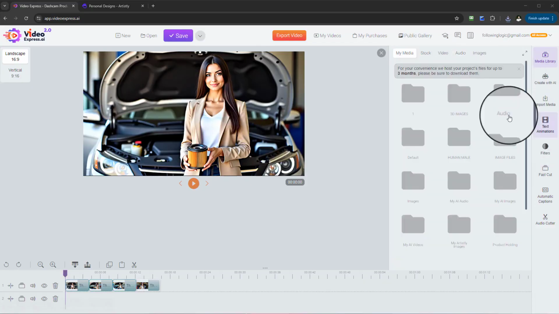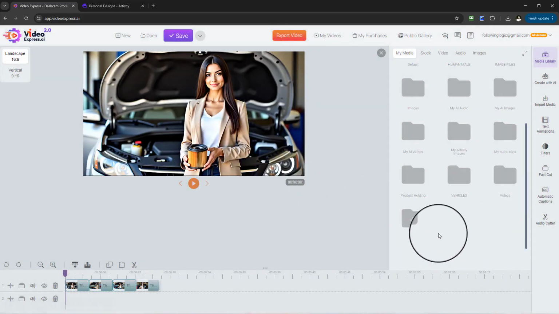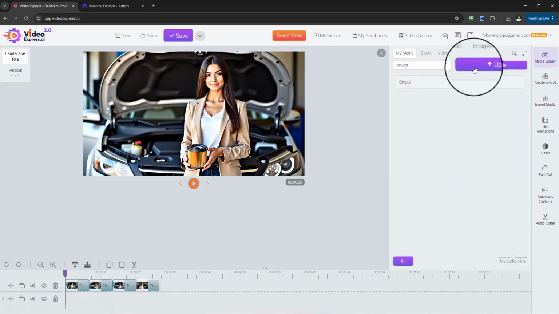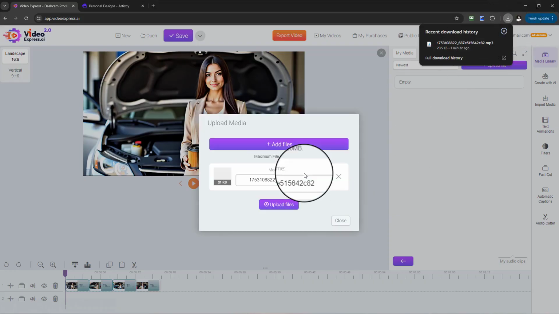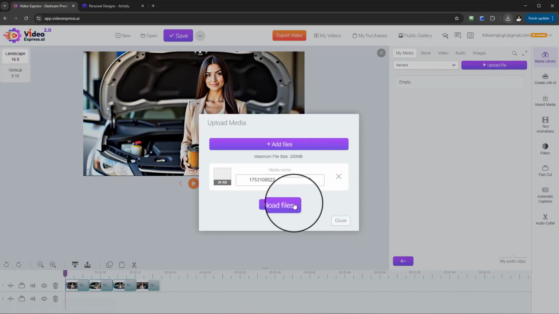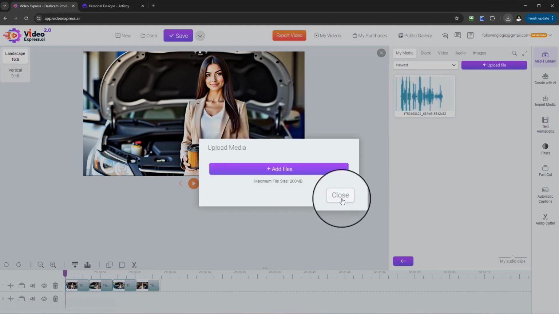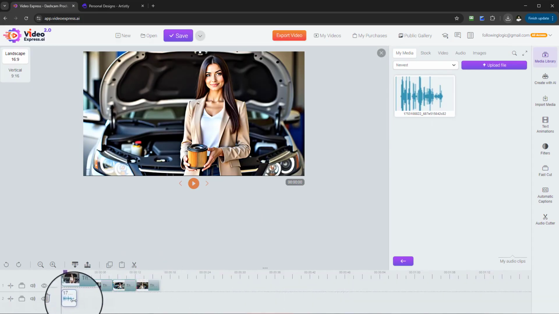Okay, so if you just make a folder, let's just say my audio clips. Okay, let's just keep this simple. Audio clips, add, and my audio clips, you can see upload file, and then you can actually drag and drop. This one we've already done, so I drag it, drop it, and upload, and there we have it. Okay, and then I can just simply drag it down and drop it. That's it. So we've got an audio layer there,